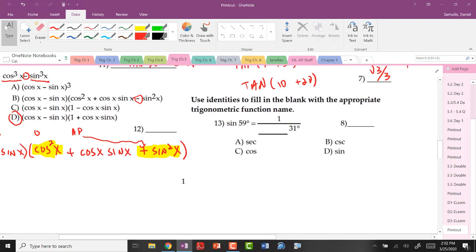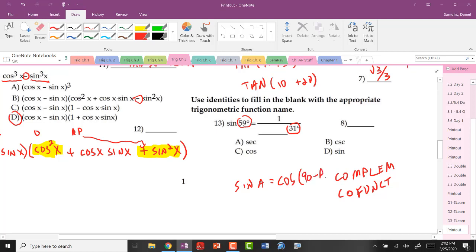Okay, so this one is the cofunction idea. Because 59 degrees and 31 degrees are complements. In my class, I tried to give a mnemonic device. Complement relationships are the cofunction identities. So sine of an angle equals, well, sine was related to cosine, and it was cosine of 90 minus whatever the angle measures. So this should say